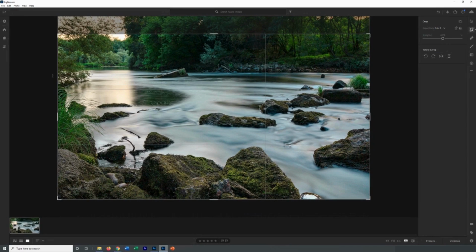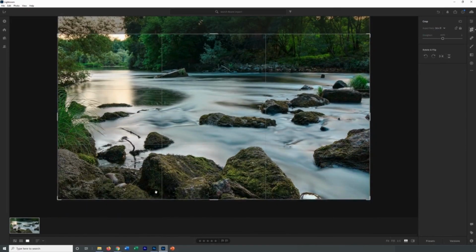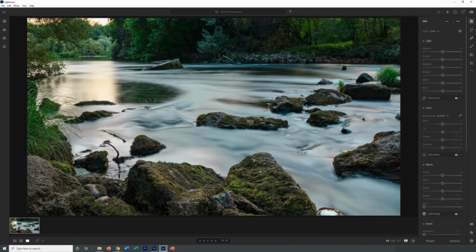Now, clearly the left and the right of this photo already match the 1920 by 1080 ratio. But sometimes you'll get an image that's bigger on both sides, both width and height. In that case, you can just drag the rectangle around to where you want the picture to be. Because the focus of this image is clearly down here, and then it slowly gets less and less focused as it goes out, I don't want to drag it all the way up to the top. I want the main part of the image with the focus down here. So that's what I'm going to do, and then I simply hit enter,